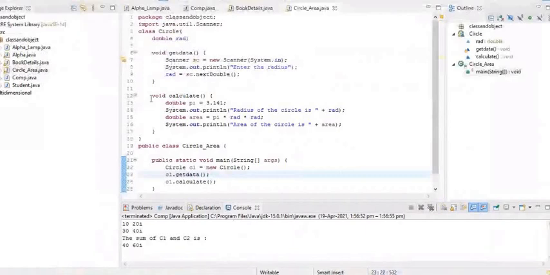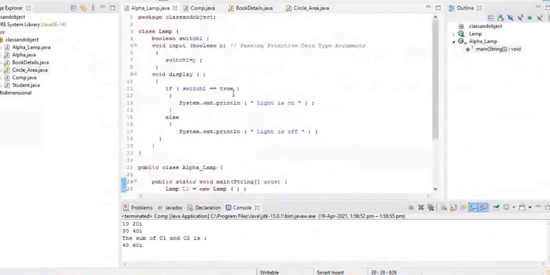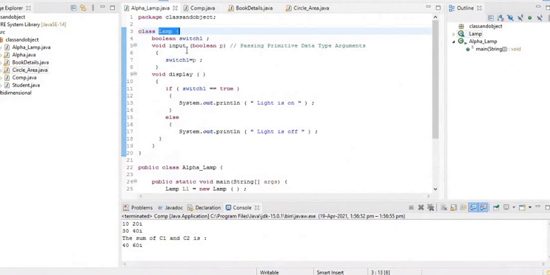Let's say, all of you listen carefully. Let me explain this one, and after this I will ask someone randomly to explain it. I have defined a class called lamp. I have declared one data member, switch1, of type boolean.